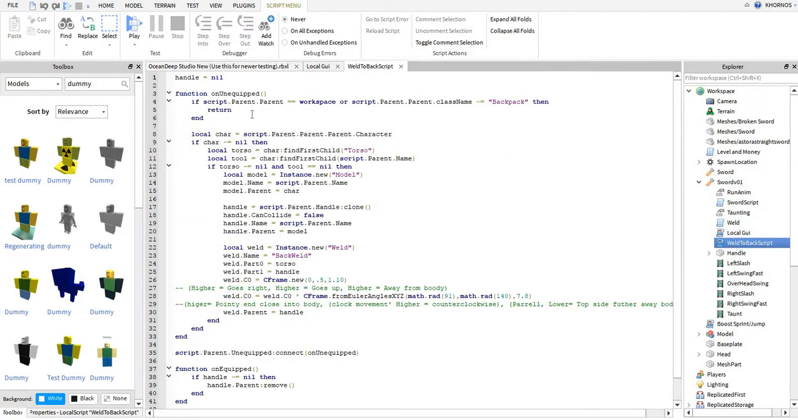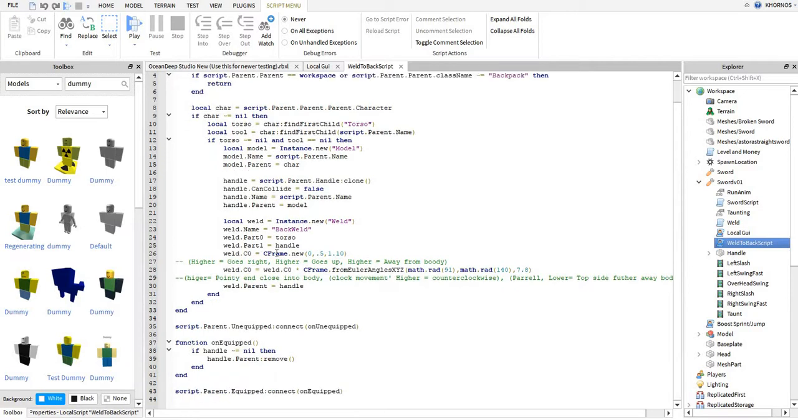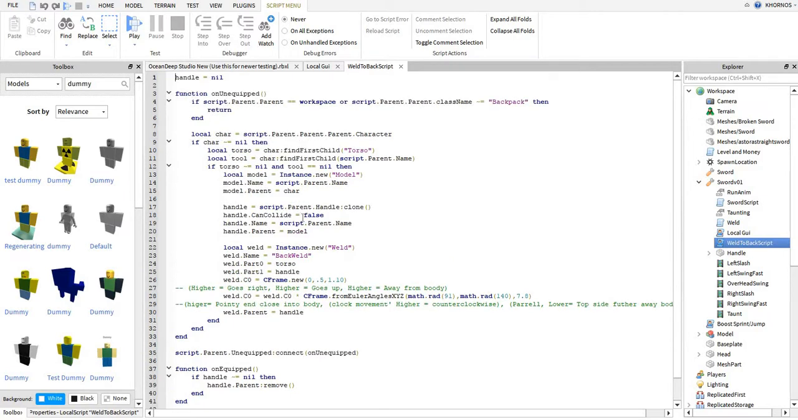I know I'm taking free models and I'm not giving them credit, but this is someone who didn't ask for credit. I stole this from someone. But